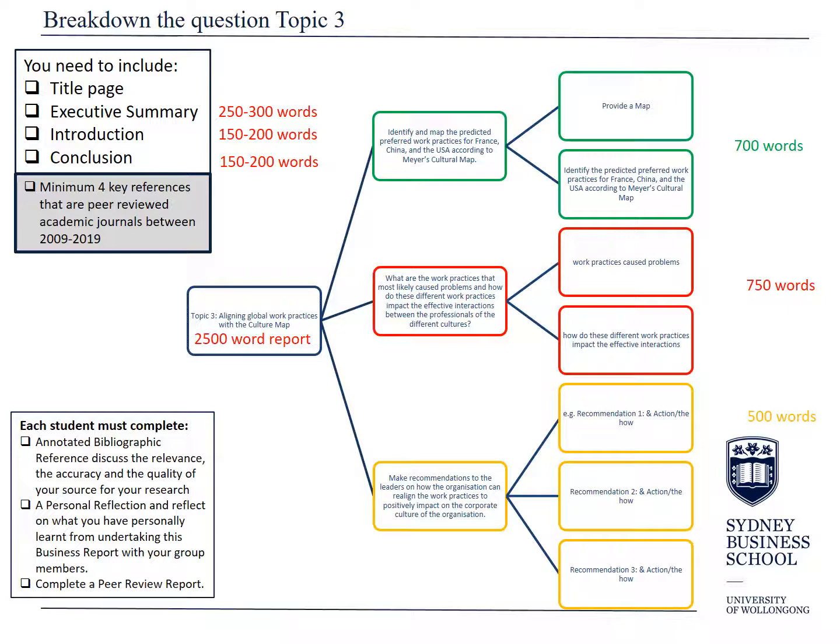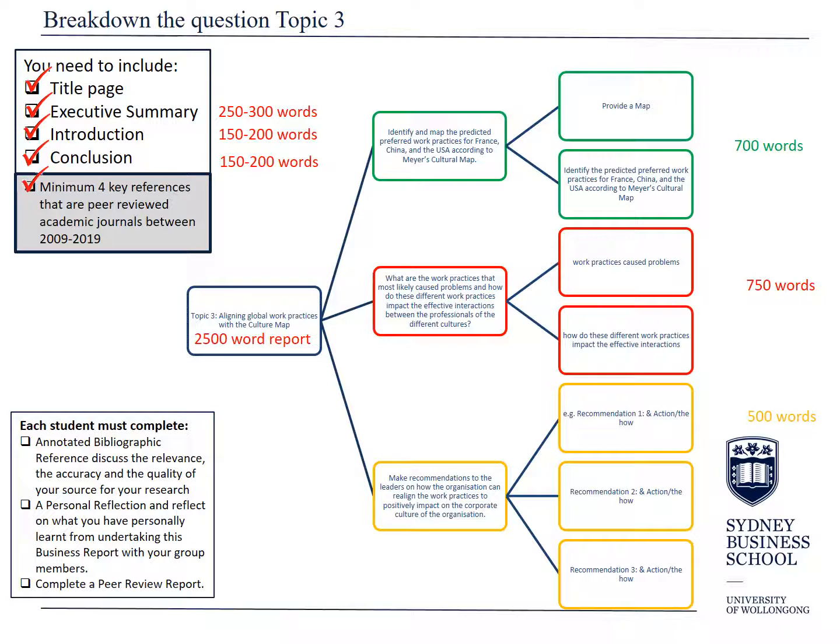So now that you've mapped out how you want to answer the assignment question and you've allocated a word count, you then need to go back to the subject outline and make sure that you've included every aspect that you need for this report. This report requires you to have a title page, an executive summary, an introduction, a conclusion, and in your reference list, there is a minimum of 4 key references from peer-reviewed academic journal articles between 2009 and 2019. Each student in the team must provide an